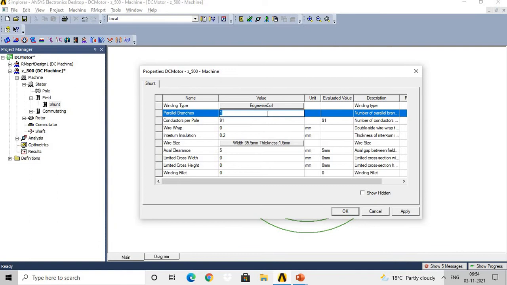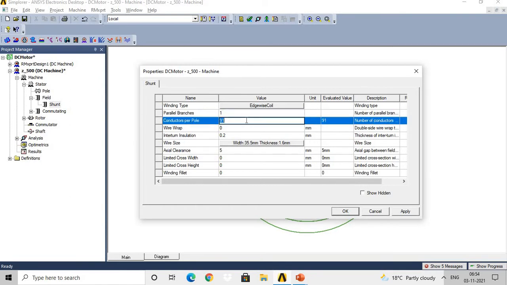Then parallel branches. So what is the meaning of parallel branches? Number of parallel branches, which we have given as input 1. Then conductors per pole, that is the number of conductors per pole. For it, you need to select 0 for auto design.